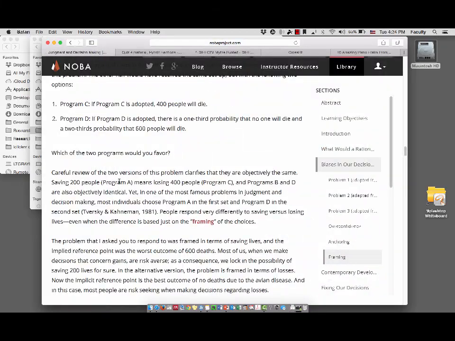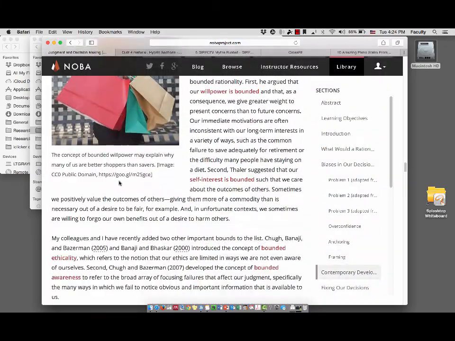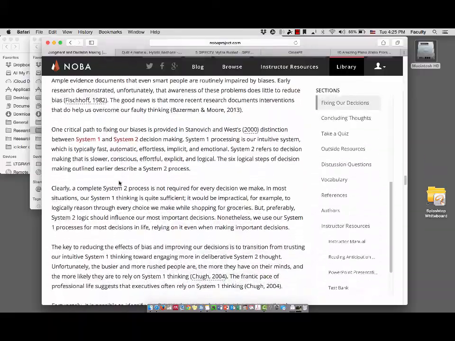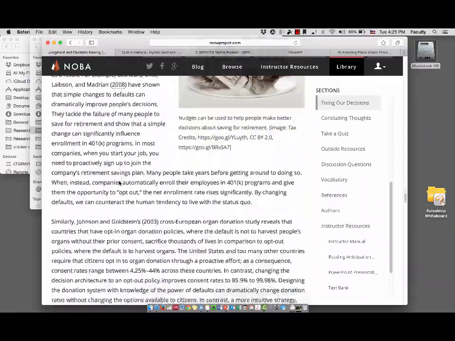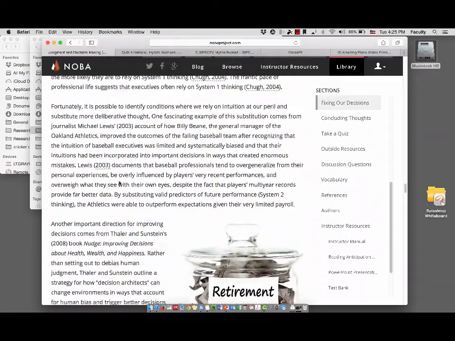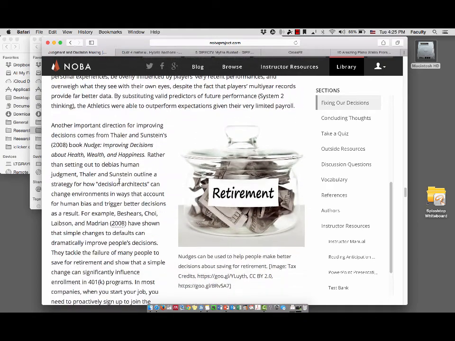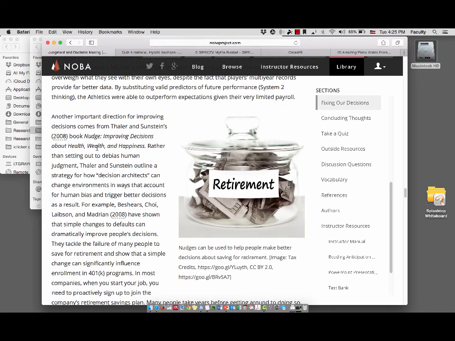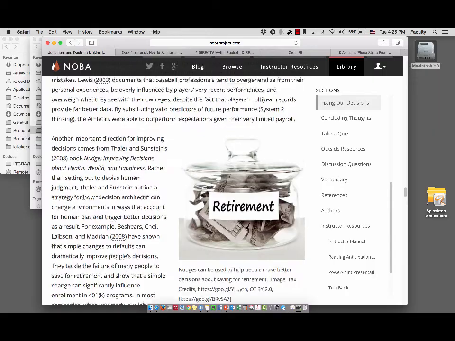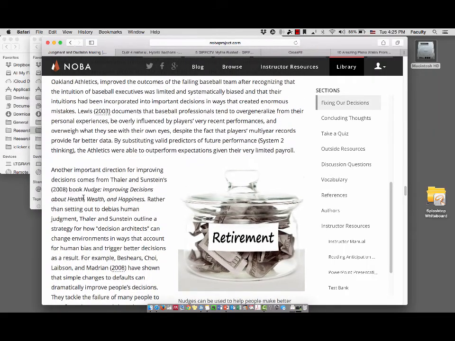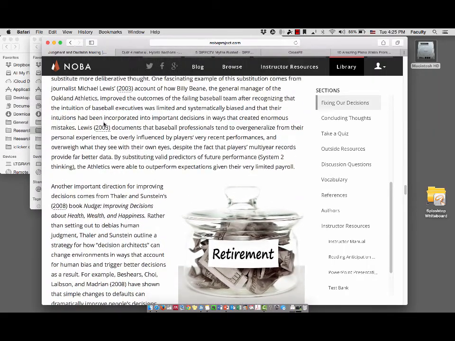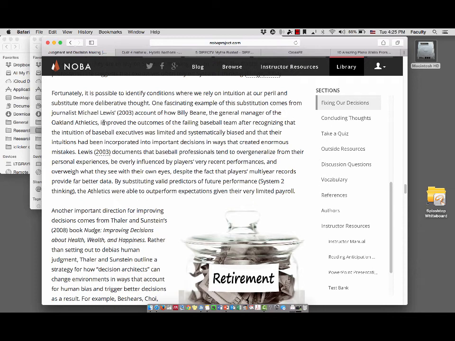Okay, so let's actually move on to the last idea here, and that is this thing that's become known as nudging. And this is the idea of changing the environment in often very, very small ways to elicit some kind of change in the decisions people make,